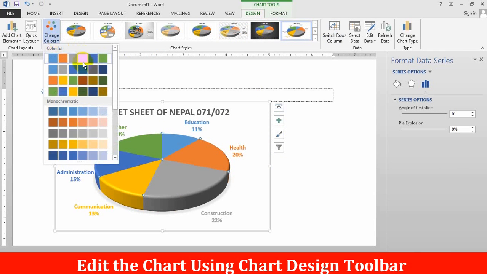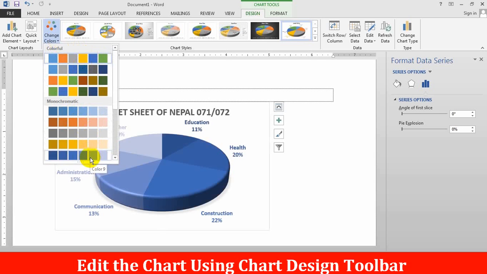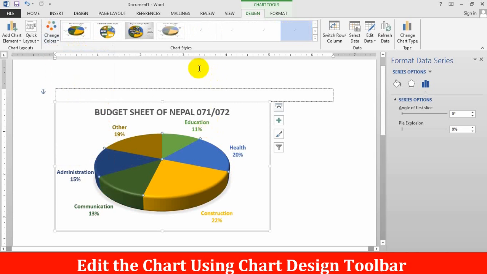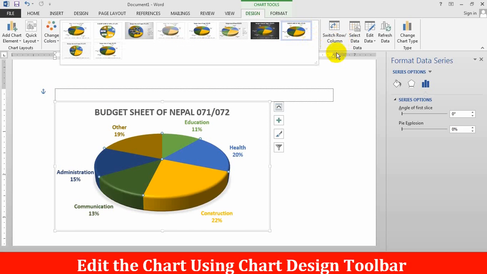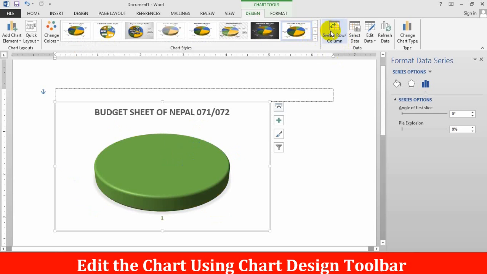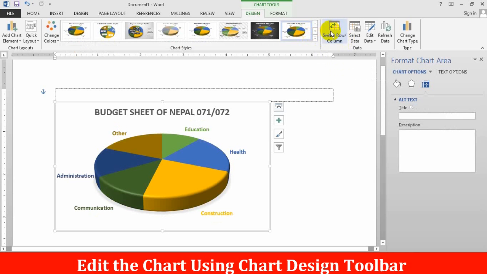See, you can see varieties of color. Which color style do you want? You can choose any one color. Suppose I have chosen color 4. See, you can get the same color for chart styles here. Similarly, you can also show or hide rows or columns.